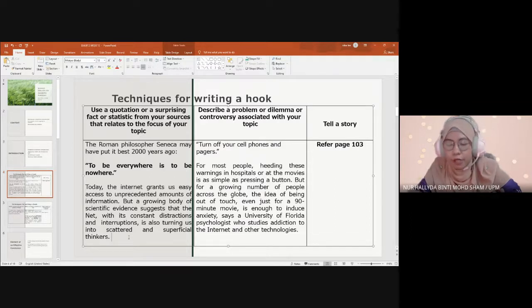Usually a quotation is a definite hook, meaning people would want to read a quotation right away. If you start your essay with a quotation, they would automatically read. If you start your essay with "in the era of globalization," "in the era of pandemic," "nowadays,"